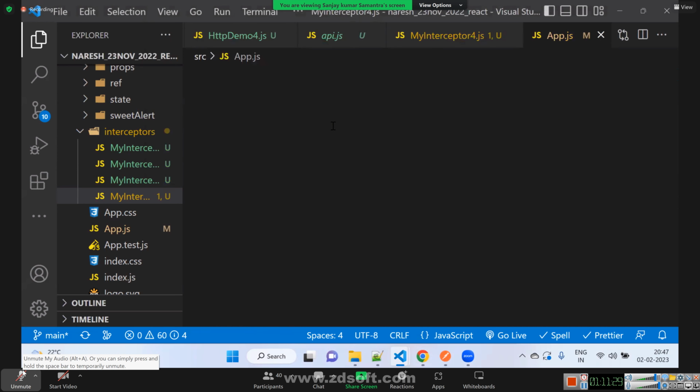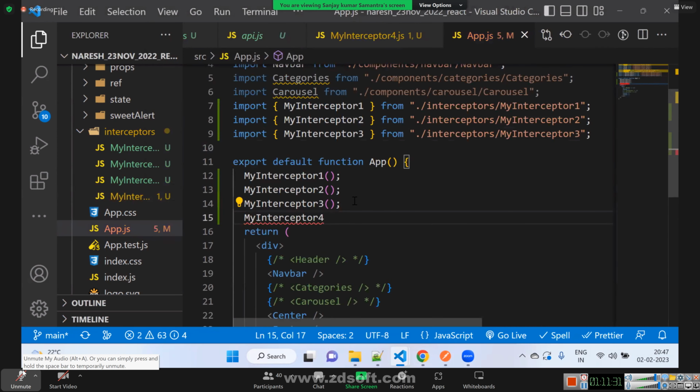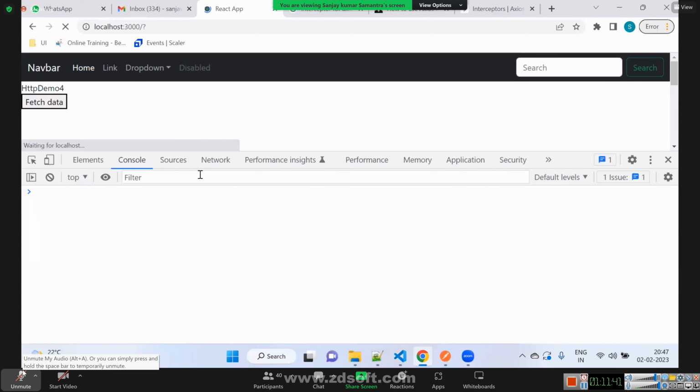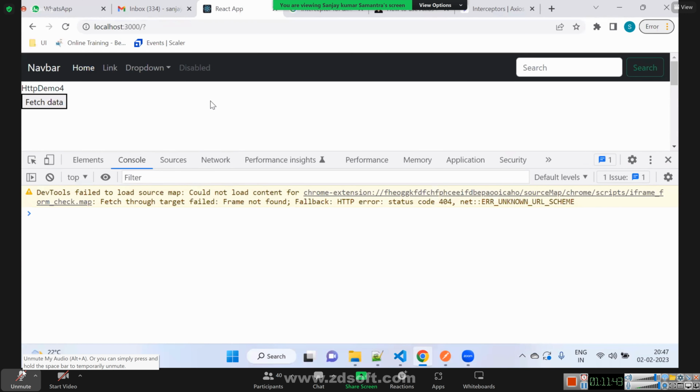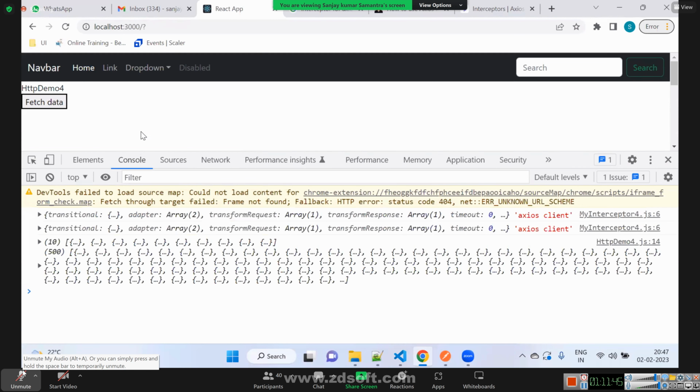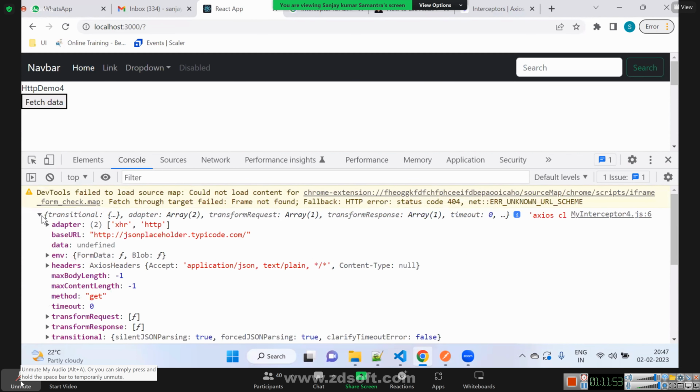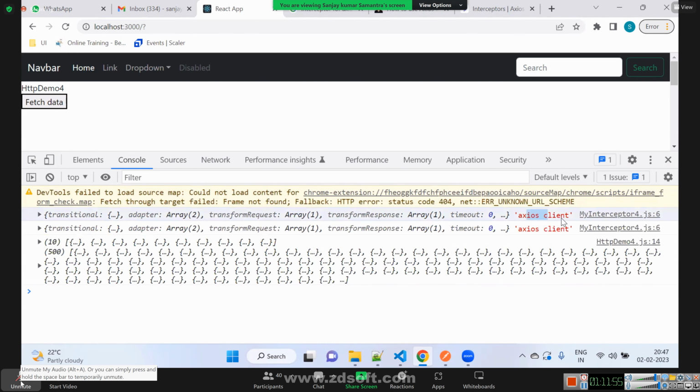In app.js, what if I call my interceptor 4? You see? Yeah, got it. Axios client.